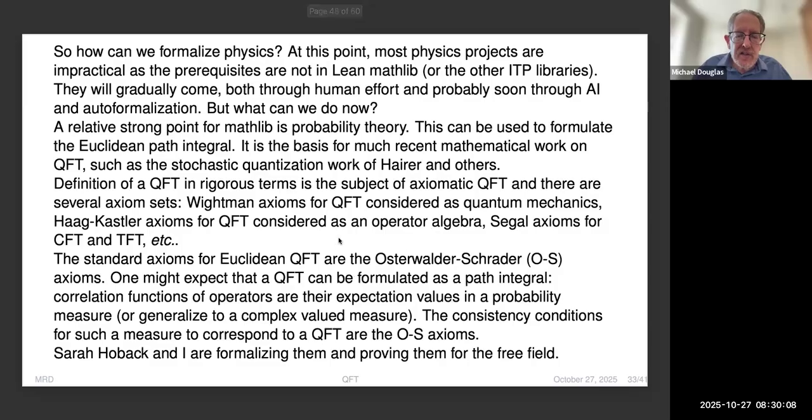But in this probabilistic framework, which is usually called Euclidean quantum field theory, there are the Osterwalder-Schrader axioms, which are directly conditions on a probability measure or on expectation values within the probability measure. That's what we're formalizing, and then trying to prove them for a simple example, which is basically a particular Gaussian random field, the Gaussian free field. It is certainly an example. It's not the most interesting example for a physicist,